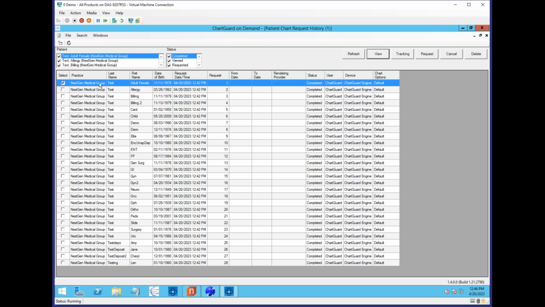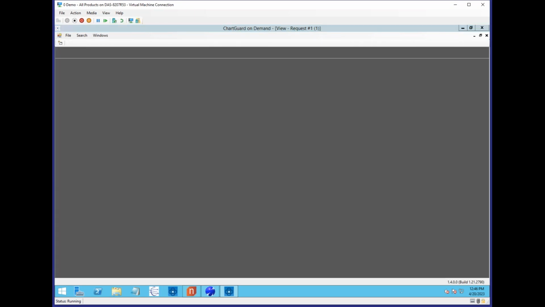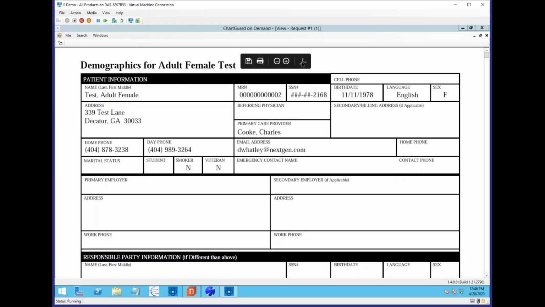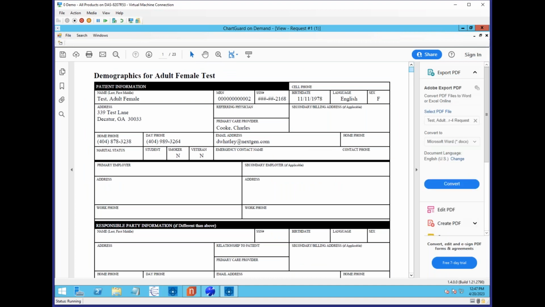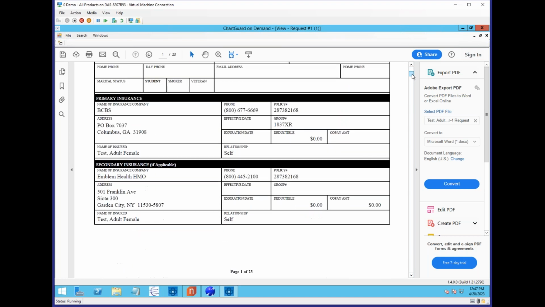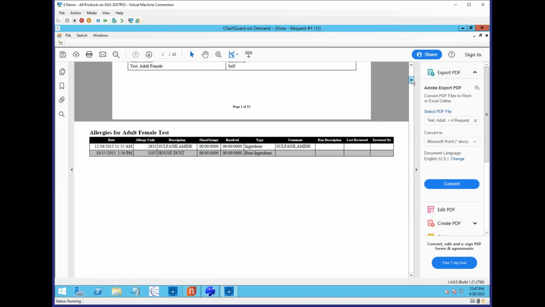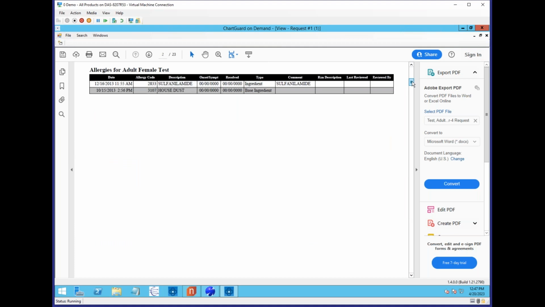Now I can go ahead and pull the charts up individually from here and view them. I'll do that real quick just to show you what's in the charts. So each one is a PDF file per patient. The name of the file is the last name, first name, and date of birth so that you can sort them easily, especially when you're handing them off. It starts with a cover sheet about the patient and their insurances, and then it has great information in there